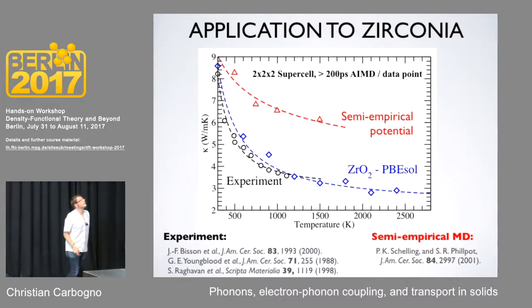Now, to close the talk, let's think again about what this kind of effect is. We saw in the very beginning that silicon had such a huge thermal conductivity, and zirconia has such a low one. So it's obviously nice that we can reproduce this low thermal conductivity, but you're not doing theory to reproduce the experimentalist. You're doing theory because you want to know why this is happening.